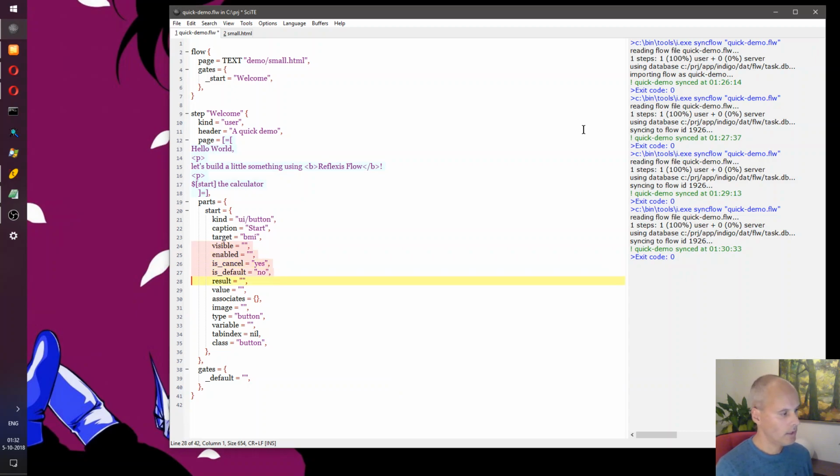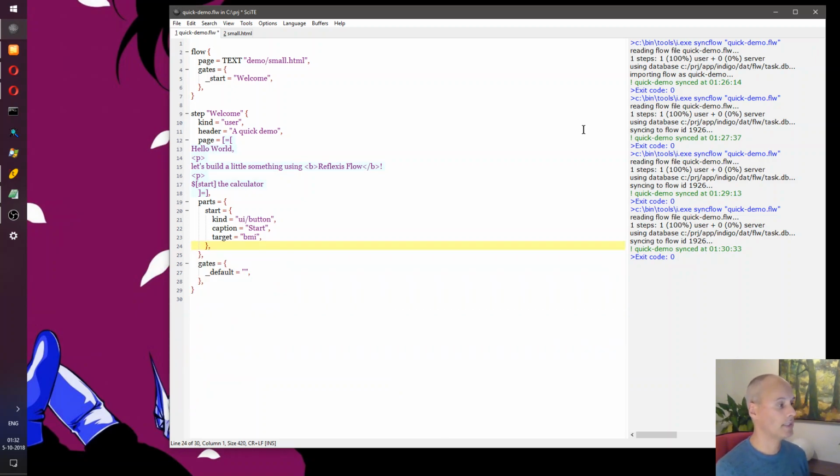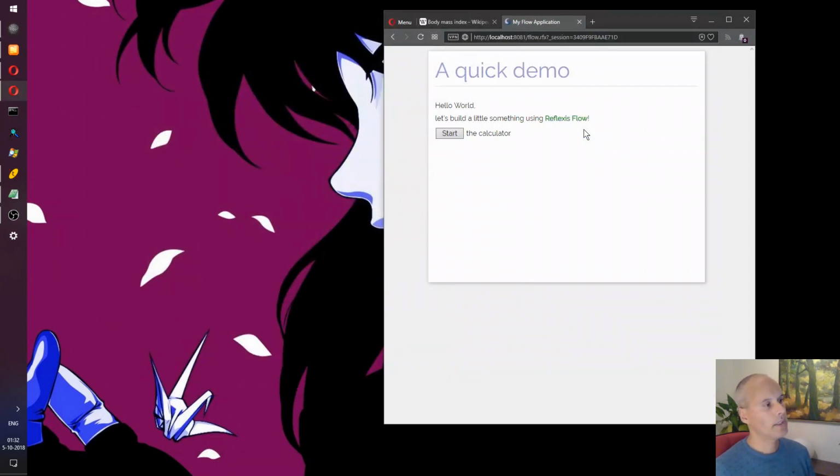These are all properties that I can set as well, but I don't need them, so let's get rid of them. If I synchronize this definition and now go here, press F5, you immediately see the changes that we just entered. Now I can also press this button, but nothing much happens.